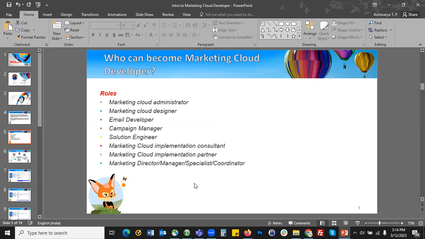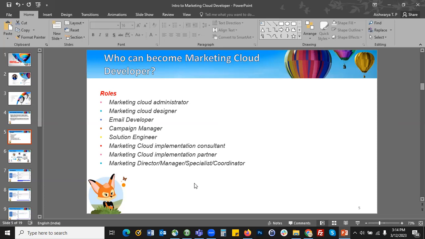The administrator is the starting point. You need to understand how to set up a Marketing Cloud account, and how to set up users, provide permissions, roles, and everything. That will be the basis to start with Marketing Cloud.